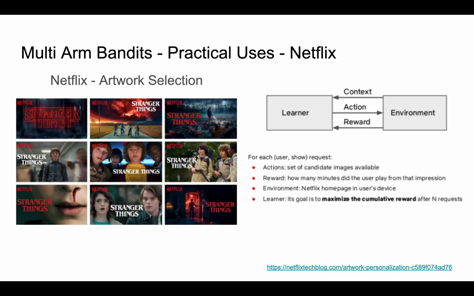Looking at the practical uses of multi-arm bandits, I'm going to pick 3 examples for you to read through. And the links are on the bottom right as well. Netflix predominantly uses multi-arm bandits for the artwork selection that you see when you launch Netflix. The hypothesis here is that a different artwork can lure a customer based on their interests to click through and